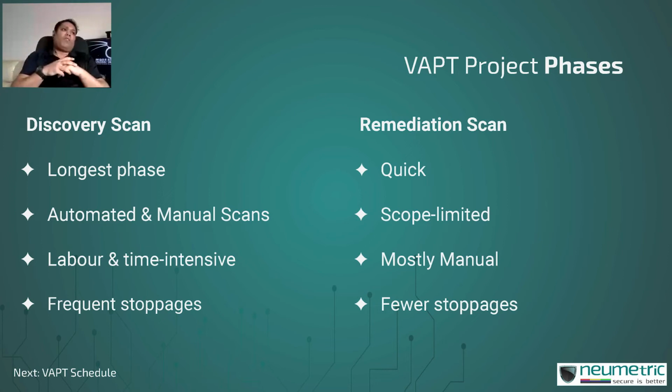See, there are multiple reasons here. One is that if you keep on going out of scope, and let's say there is constant development happening in parallel, new vulnerabilities may be introduced into the system which did not exist in the application at the time of the discovery scan, but now they have been added by the time you are conducting the remediation scan. If you do not limit your scope to the outcomes of the discovery scan, you'll end up discovering a new vulnerability, which results in the green report never being obtained.